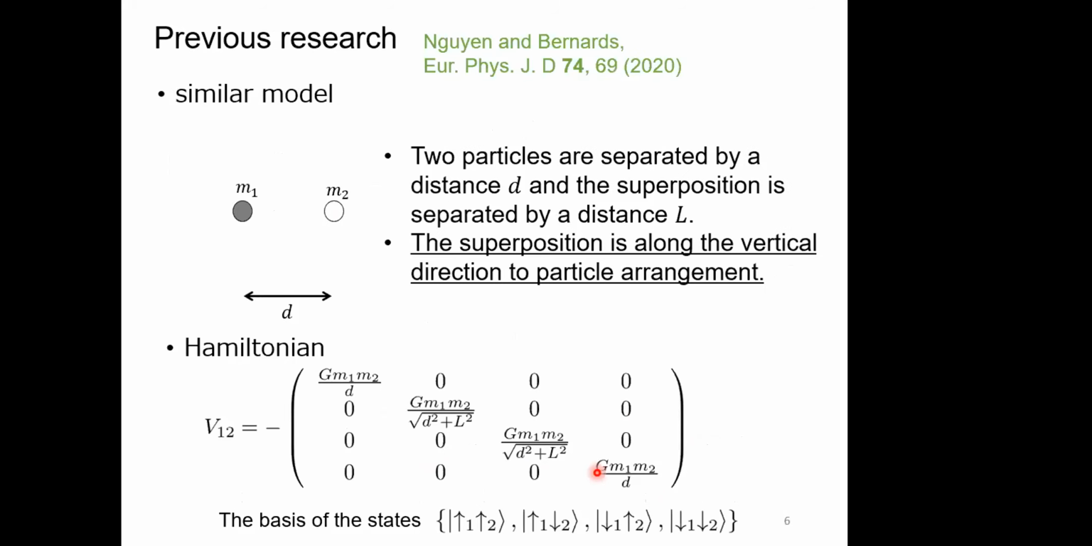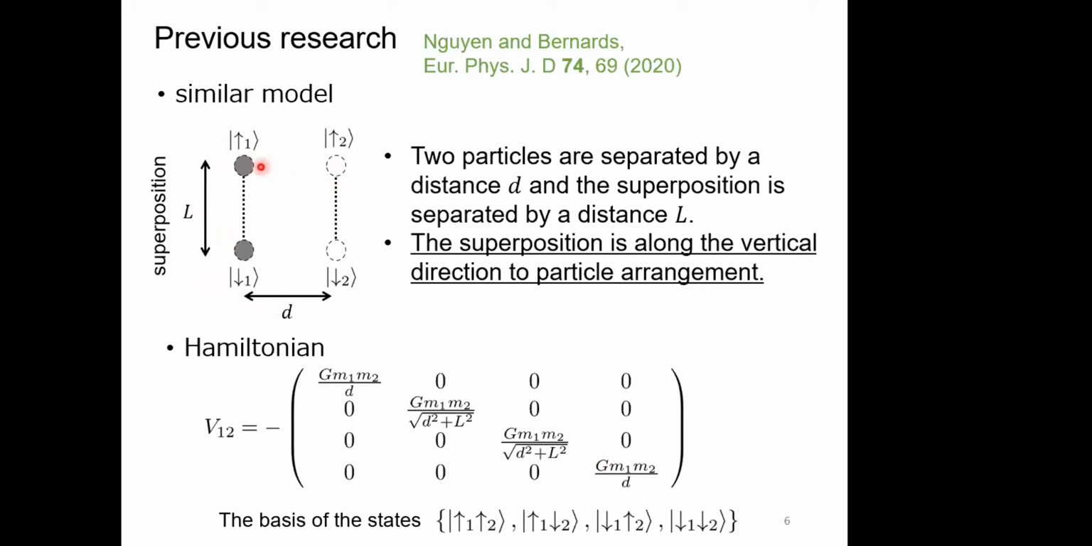In our work, we consider the configuration similar to the model proposed by Gwen and Ed Barnes. For this model, two particles are separated by a distance d, and the superposition is separated by a distance l. But unlike the previous model, the superposition is along the vertical direction of particle arrangement. When the system is prepared in this way, our distance between the same side particle, like this and this,